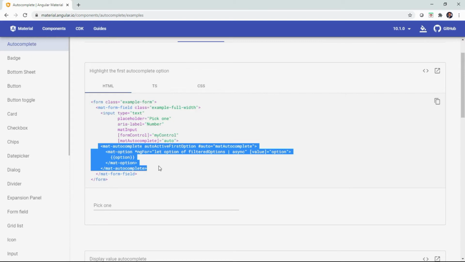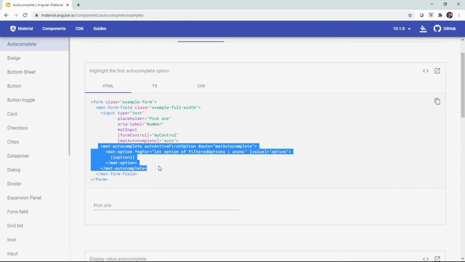It's a template which basically pops up. It's a pop-up of the panel, and so that tag, the mat autocomplete, is the thing that, first of all, has this other directive there that says autoActiveFirstOption, and the other thing is it says my reference to my auto